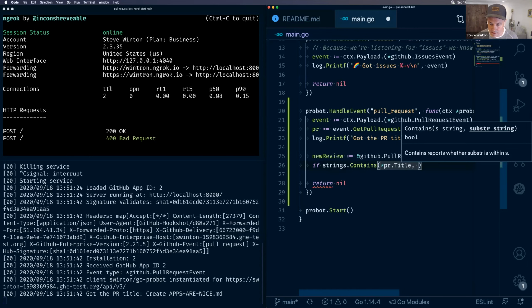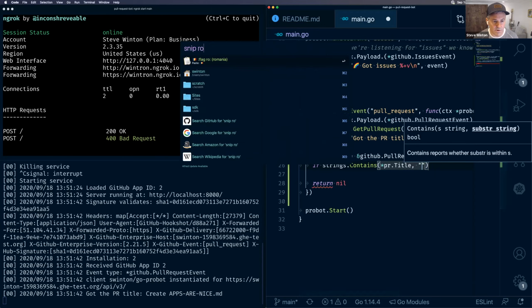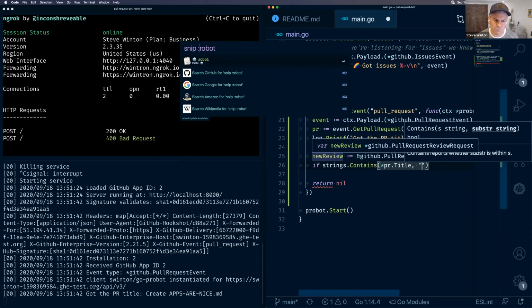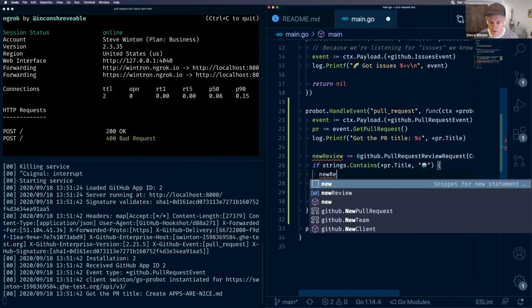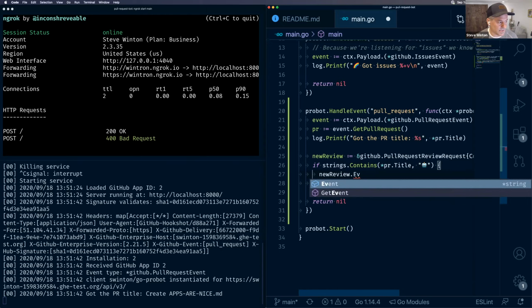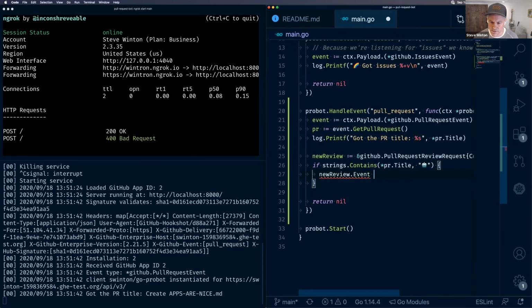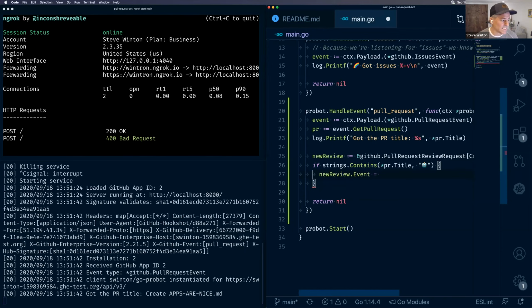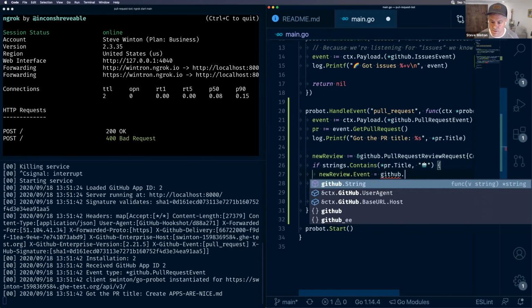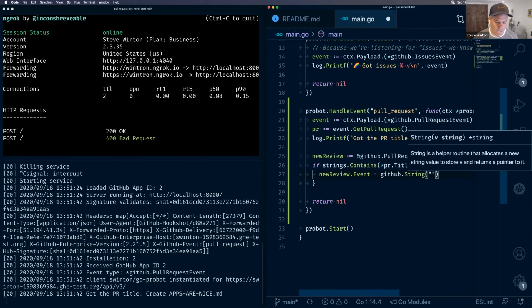If it contains this string, which is going to be snip my robot, that guy, if it contains this, then we're happy, right? So we can say new review dot event equals, did I type that right? I prefer it when it autocompletes, to be honest. Yeah, event equals